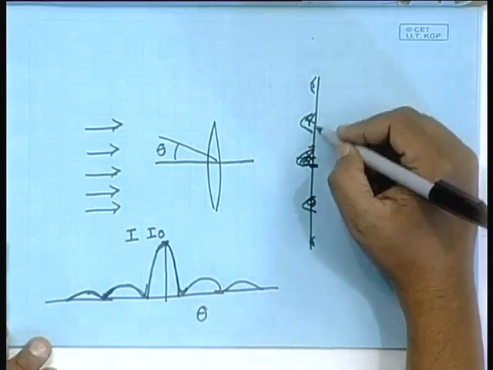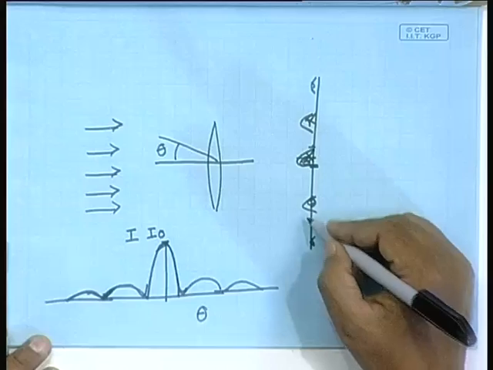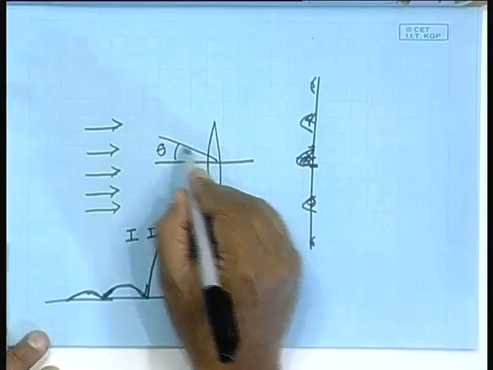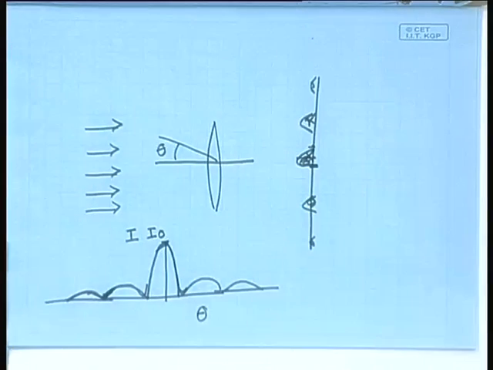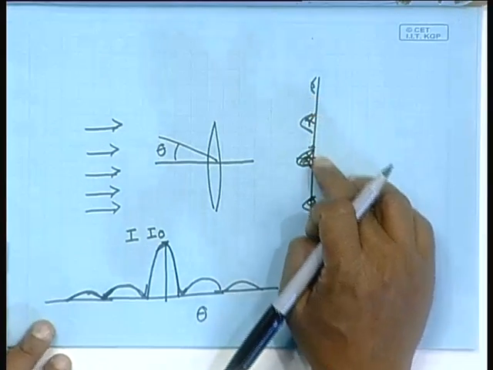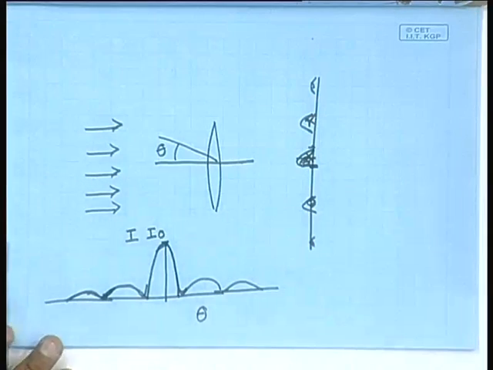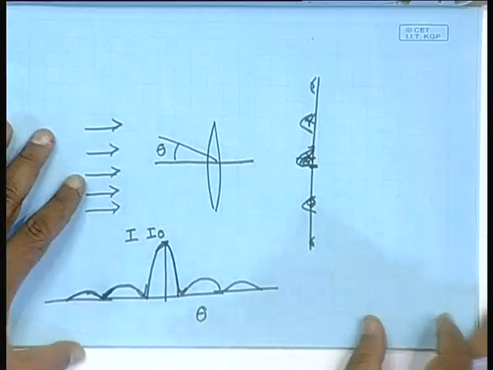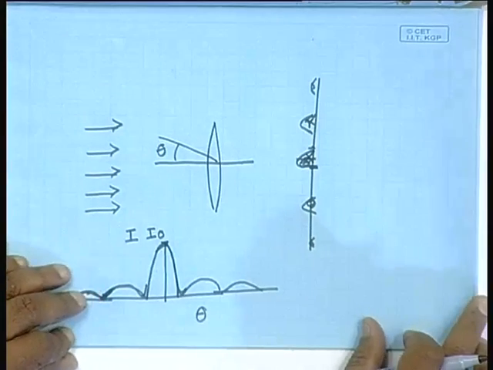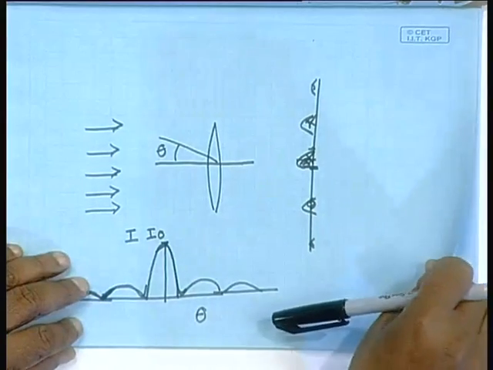The intensity of the bright spots is going to get diminished as you go to larger and larger distances from the center, or as you go to larger and larger angles, but they will be there and the intensity of these bright spots is going to fall. So, this is what is referred to as the diffraction pattern of a single slit. Let me draw it for you